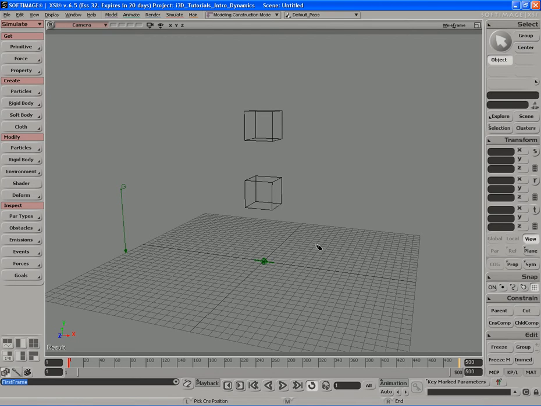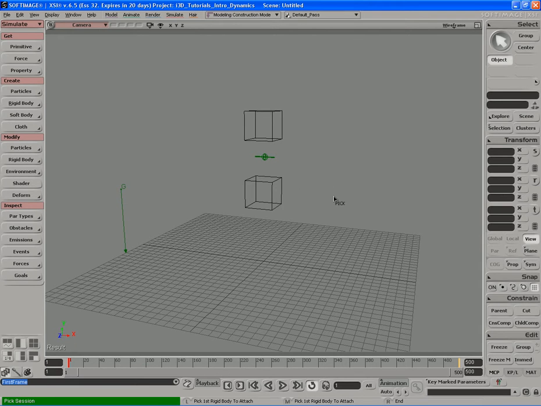What that green object is, it represents the actual ball and socket constraint that we created. What we have to do now is tell XSI where we want to place the constraint. Wherever we left mouse button click anywhere in our viewport, XSI will place the constraint. So let's say I want to place the constraint in between these two cubes. I'll left click there, and now you see the constraint object moved from the scene origin to the point